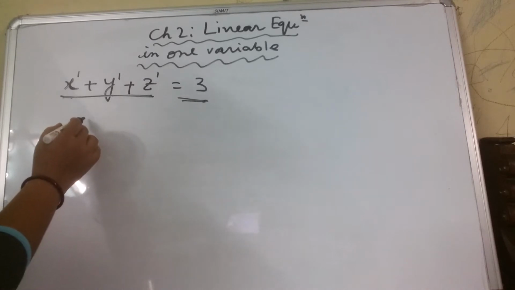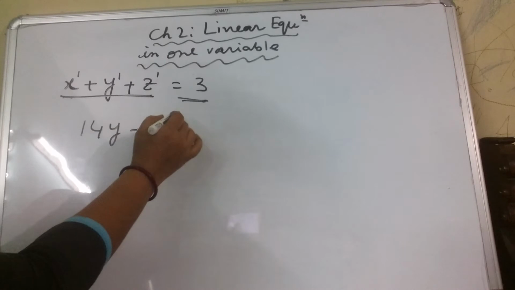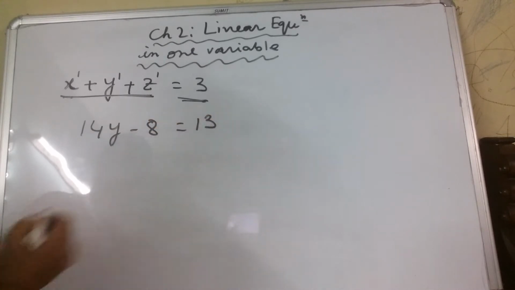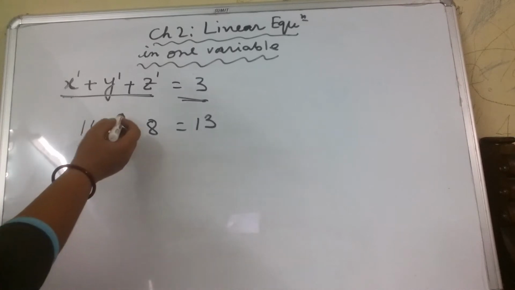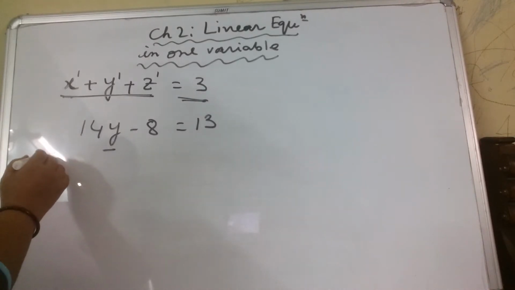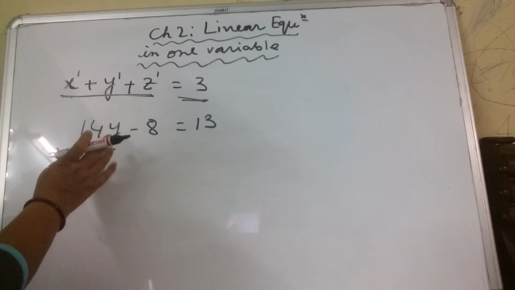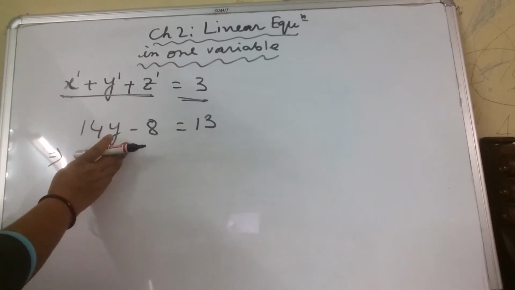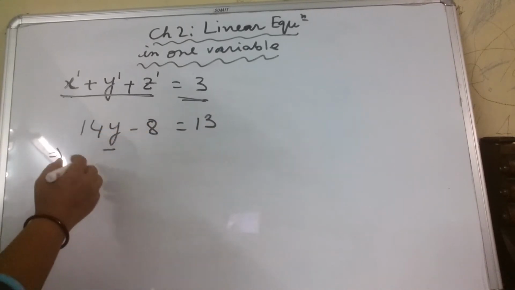Say this is, it is a linear equation in one variable. That means highest power is 1 and one variable only. Next, what we have learned, how to solve this equation. Now if I have to solve this equation, that means only one side will have variable and another will have constant. So we have to separate them.